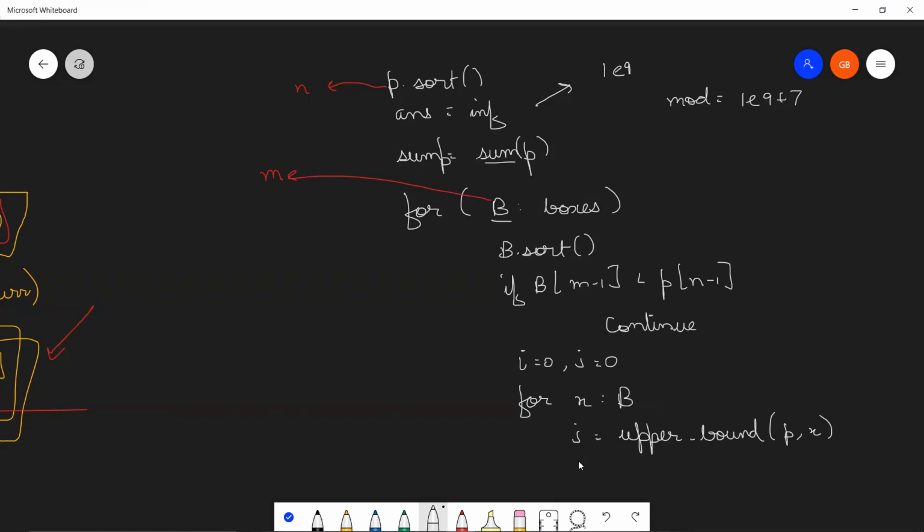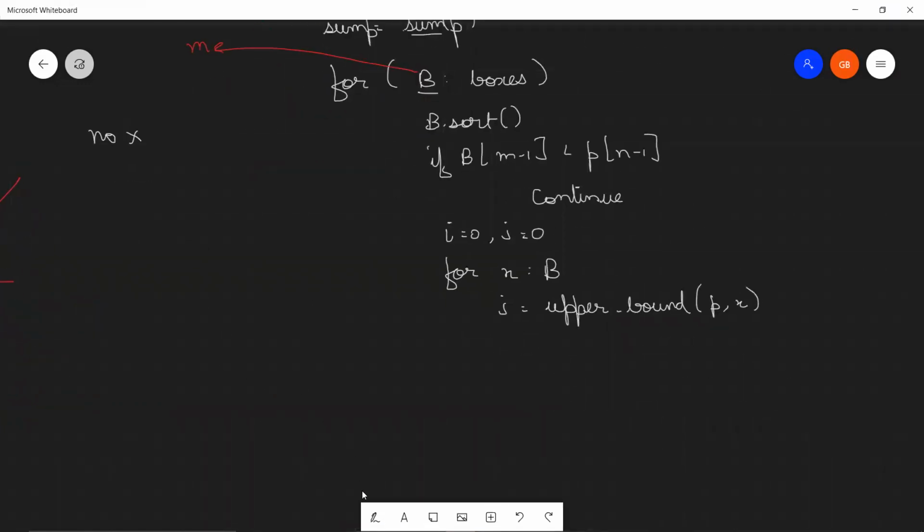Perfect. Now I think I need another variable to store that total size that I was getting, number of boxes multiplied by the box that we were utilizing. So let's call it, what should we call it? We can call it anything. Let's call it temp, right?